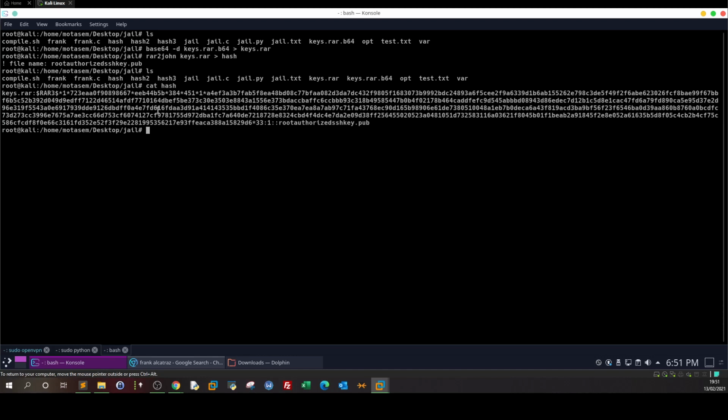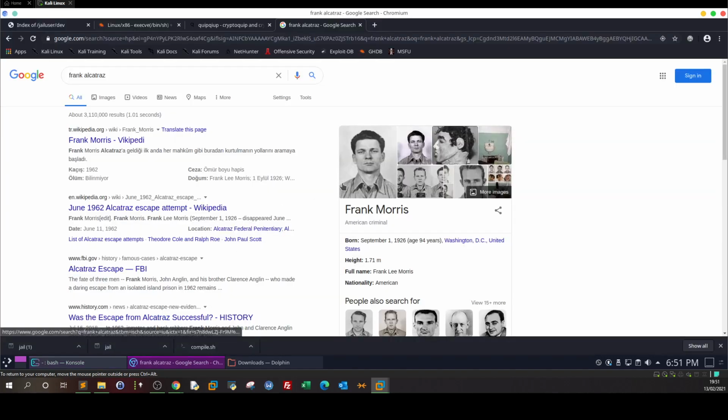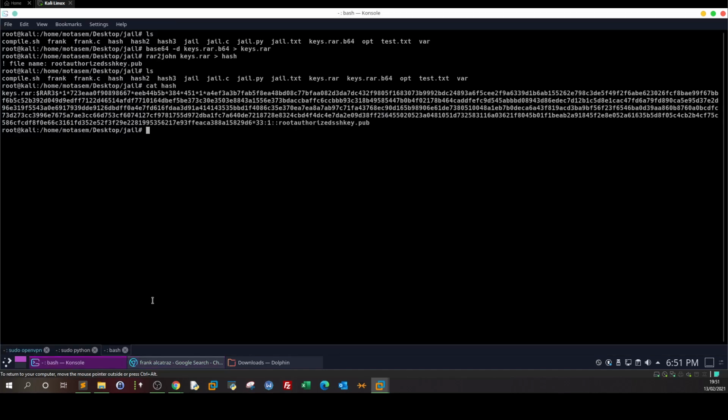Now, we said earlier that there are some hints about the password and that the person who escaped Alcatraz, his last name was Morris and the date of the escape was 1962, which means that we will have to create a word list with crunch to satisfy this criteria. Since Morris is 5 characters and we have 4 digits, makes it 9, and one symbol makes it 10, so we'll have to create one word list with 10 characters as a minimum and a maximum number of characters. So crunch 11 11, and now we will have to rename the word list -o jail